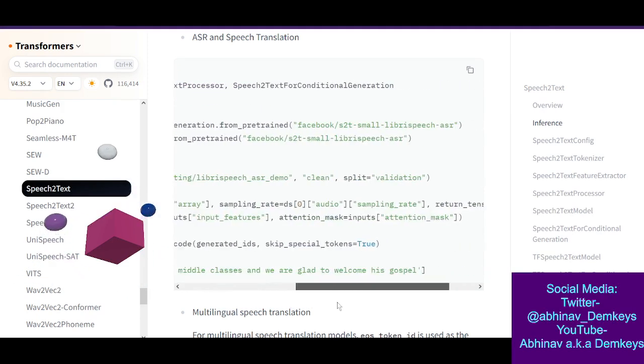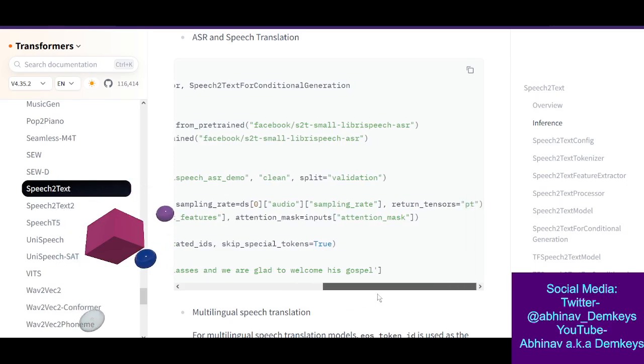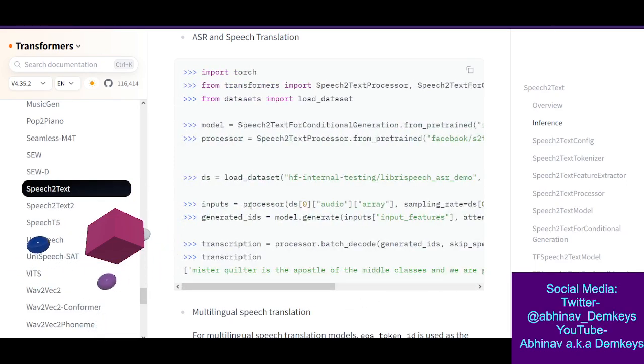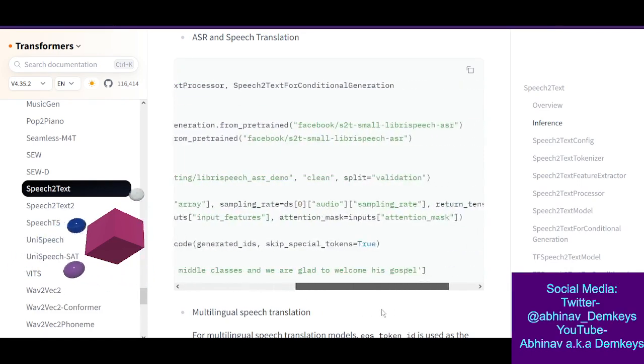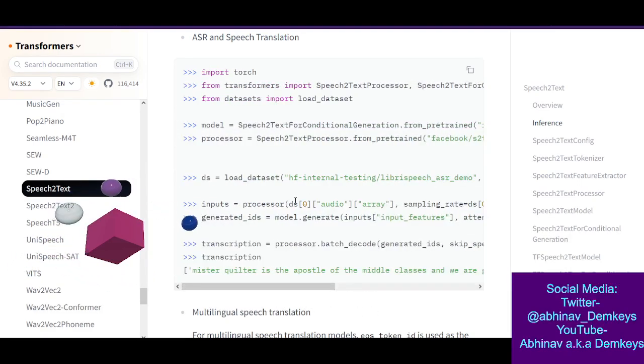Is it just expecting samples? Model dot generate so and so. Okay, but before that, dude, it has to be expecting samples, right? Because, okay, now if it is not expecting a file, if it's expecting samples directly, that's great because then I could feed samples into it. I don't need to do any file IO stuff.